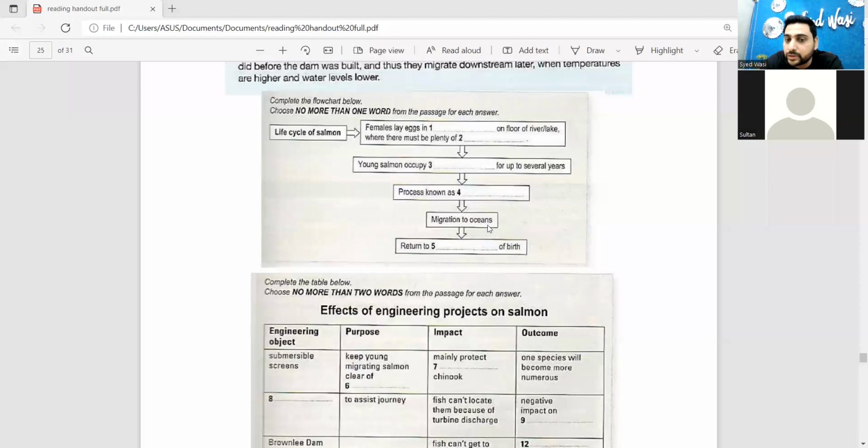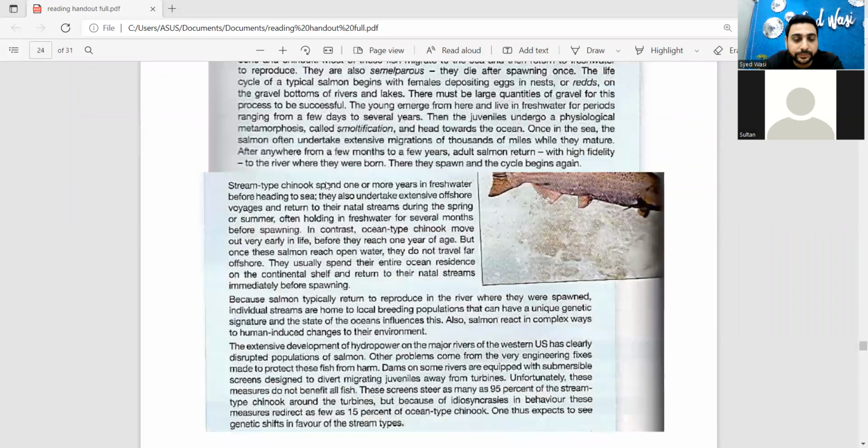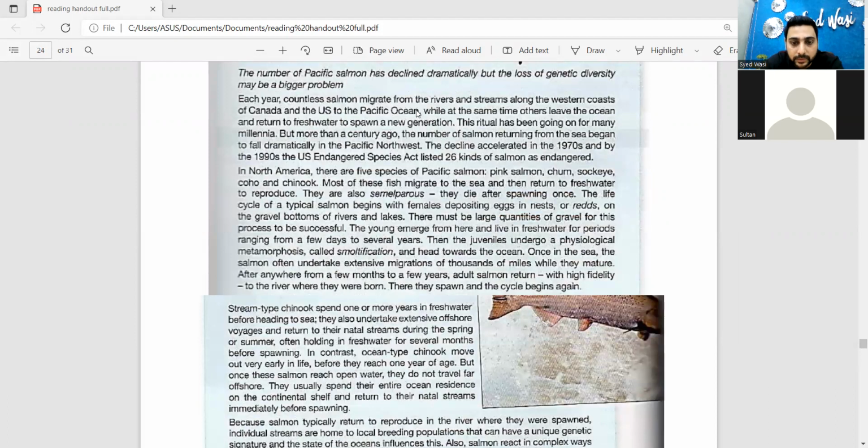Then the 5th one, migration to oceans, return to dash. I have to first search for the word migration. After this, the clue return will come. Often if something is written before the gap, that also helps to find the right answer. So let's go back. Where is it? Extensive migrations of thousands of miles while they mature. After anywhere from a few months to a few years, adult salmon return. After I find migration, my next clue is return from the immediate word before the gap,